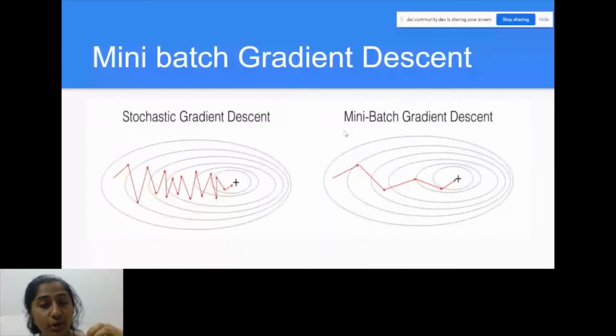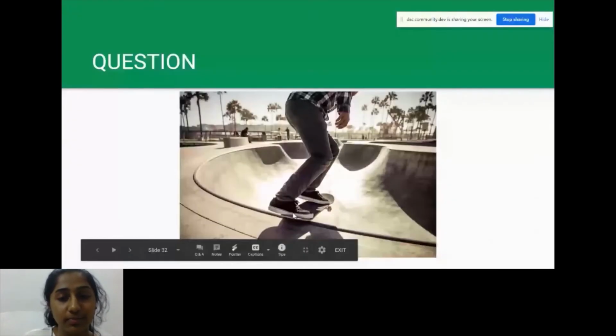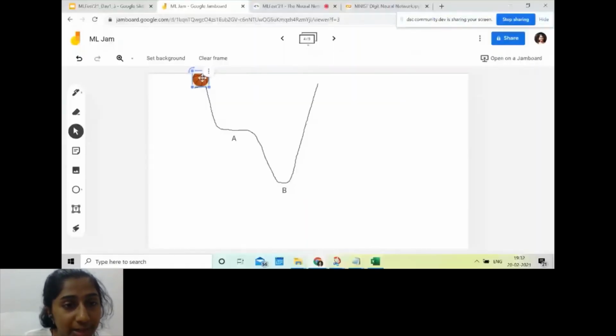Now a question for all of you: say someone is skating across a skating park, and he goes down the slope like this. Where is he going to end up? Is he going to end up at the top, or does he stop down? For those who do not understand the question, I can rephrase it. Say there's a curve like this. This is the curve, and this is our basketball. You can take whatever you want. And it goes down. Is it going to stop here, or do you think it's going to go down? And if it oscillates or anything, why do you think it will do that? What is the physics concept behind it?